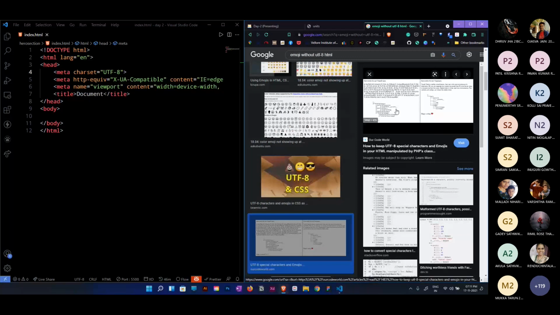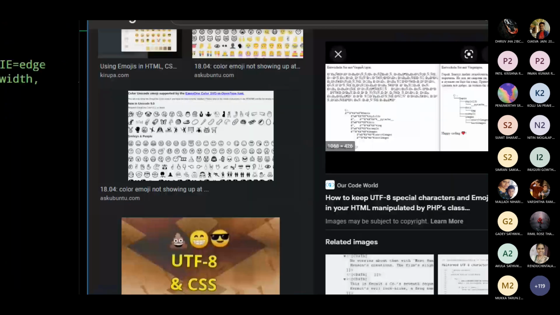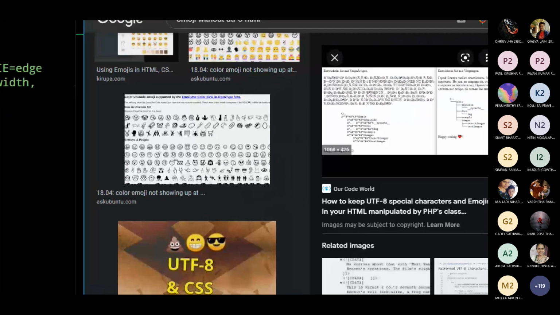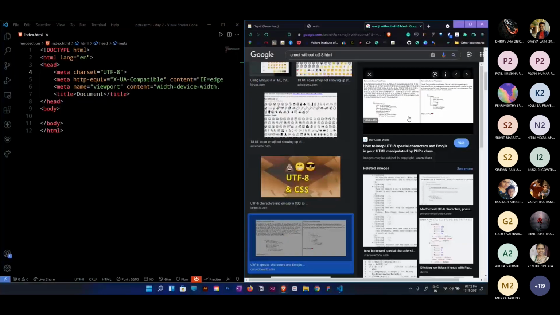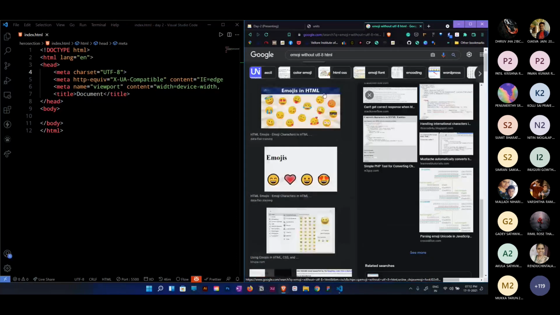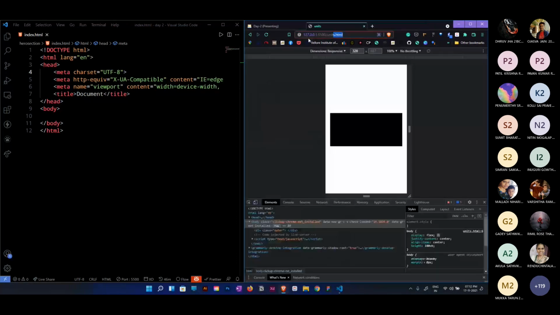This is how it will appear. Let me zoom in. If you see over here, there are some weird characters, right? This is how it appears if you don't use UTF-8 and use emojis. UTF-8 encoding includes emojis. That's what I want to say.